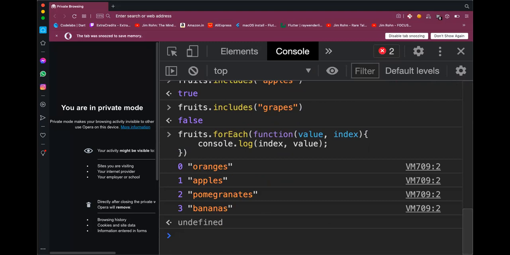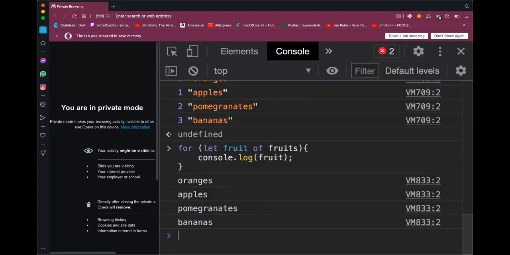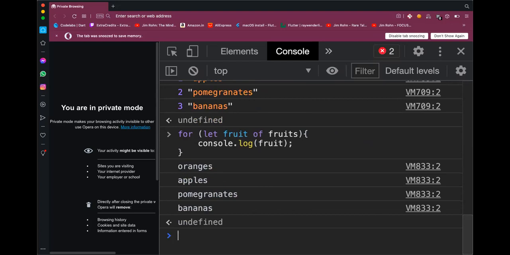Then I also have for of. For of only takes the value.